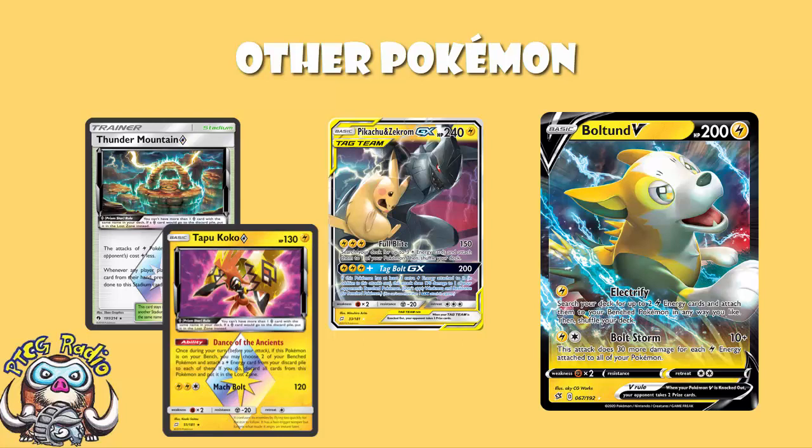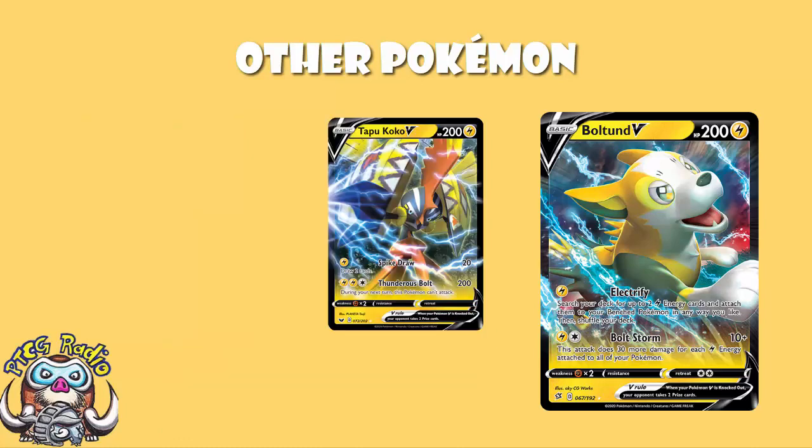Now, we do see 1 copy of Tapu Koko V here. This is your 2 prize attacker who does stated damage. So whereas Boltund, you can just keep pushing it further and further, when we get to Tapu Koko, it's just free energy 200. And that's really nice. It's got free retreat, which helps, and single energy 20 damage, draw 2 cards is also fine in the early game in an emergency,